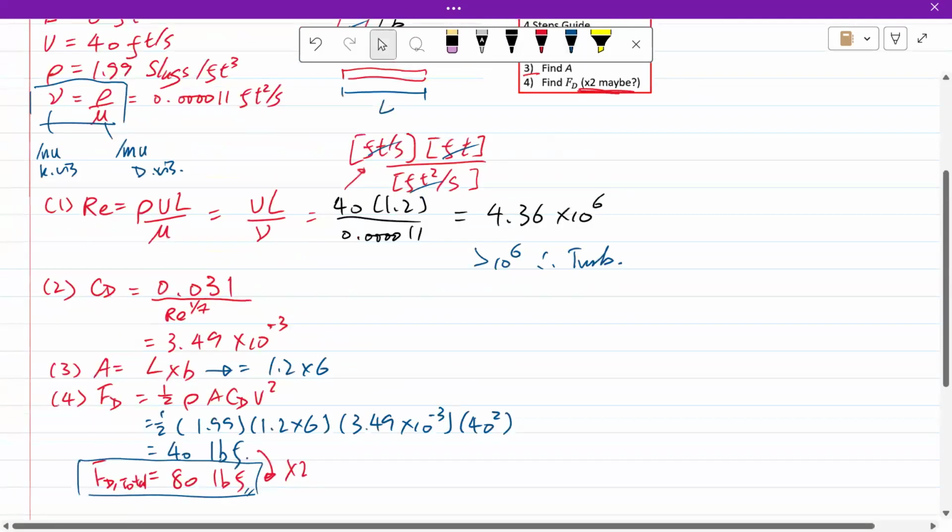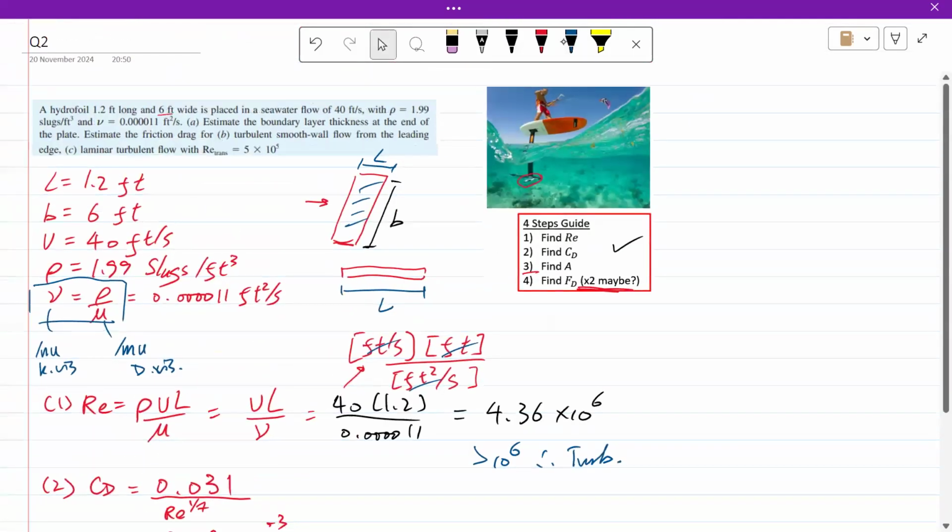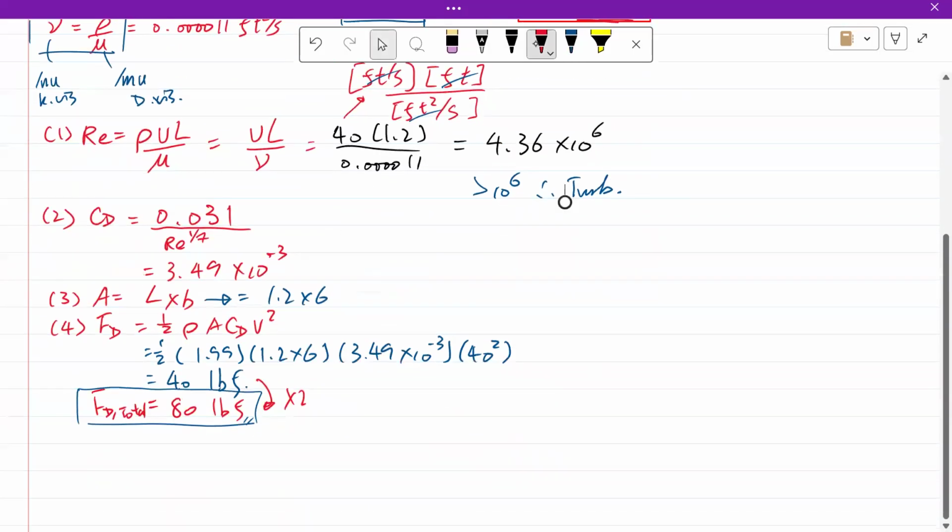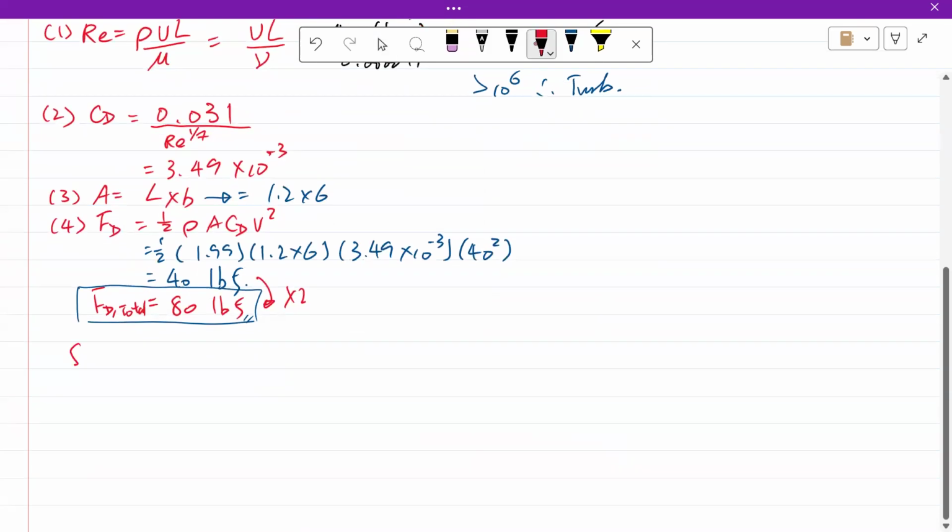So I think that gives us a solution for, I forgot to find the boundary layer thickness, but we can do that now. So we found part B, the drag force for a turbulent smooth wall. So to find the boundary layer at the end of the plate, we're just gonna use our delta divided by x equation